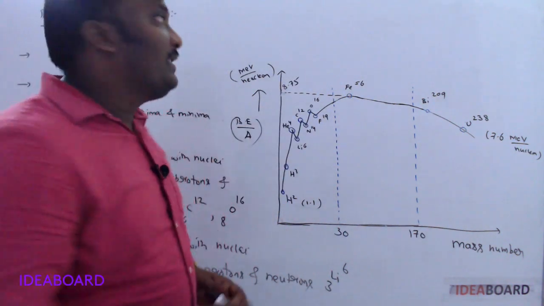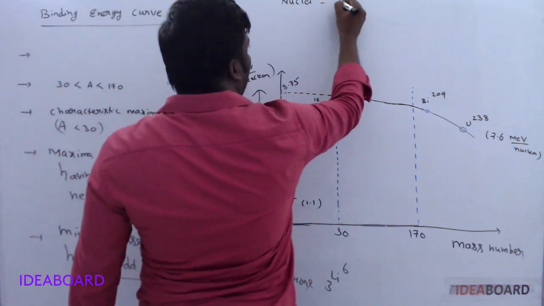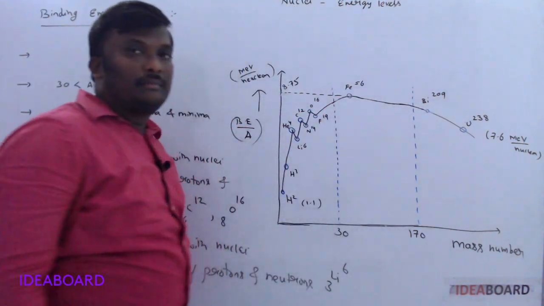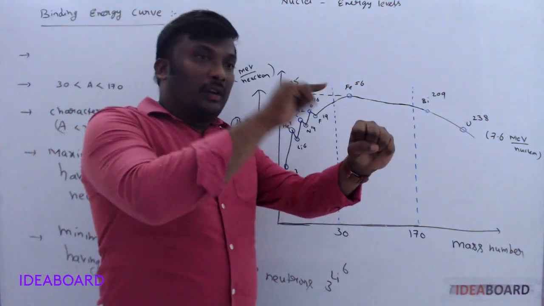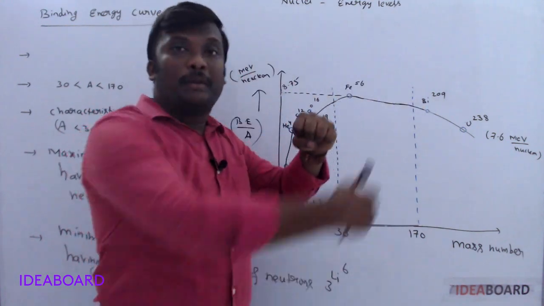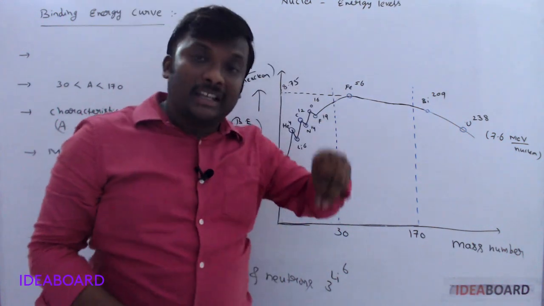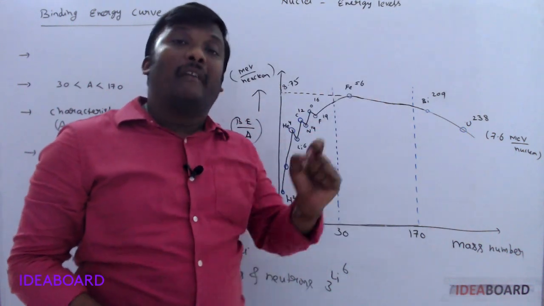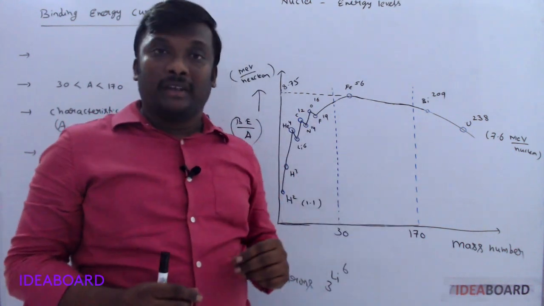And here peaks are observed. The peaks indicate that nuclei also have energy levels. It's a new point. Like in an atom, around the nucleus, electrons revolve in particular stationary orbits, as we said in the Bohr theory. Like that, inside the nucleus also, we have certain energy states, energy levels. Within those energy levels, protons and neutrons are always revolving.